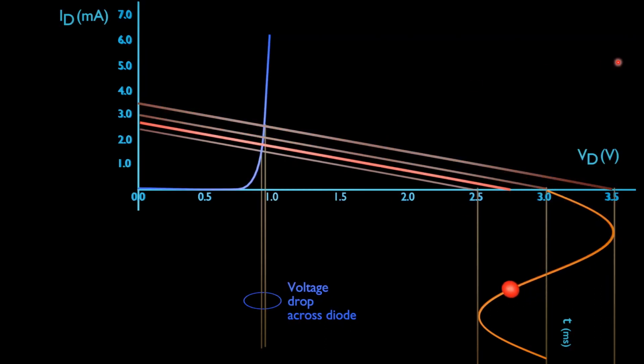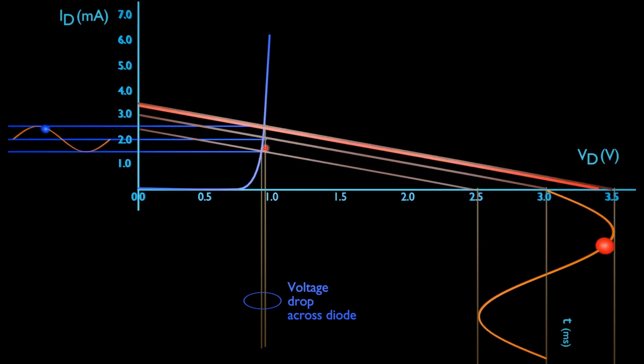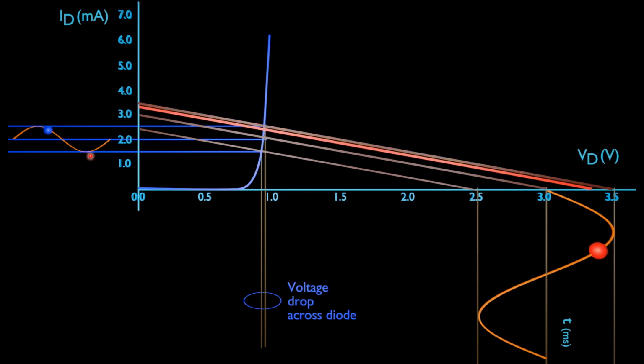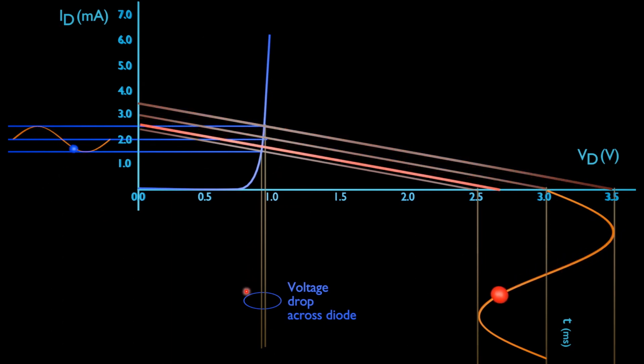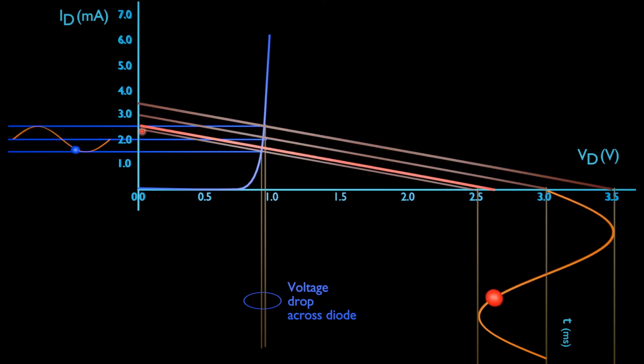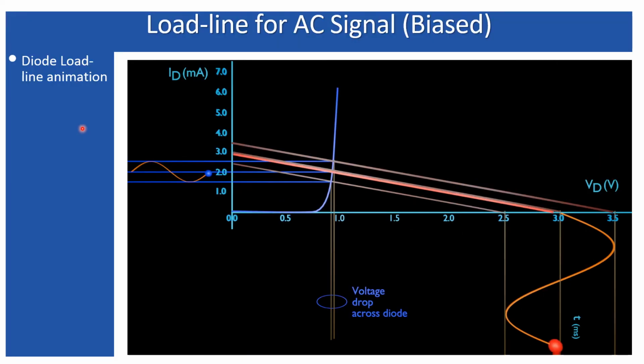It is varying, the corresponding load line is varying, and the corresponding current also will vary according to that. This is the variation of the current, the circuit current. And this is the voltage drop across the diode. It's because the circuit current is taking the references from these values, because this is the intersection of the Q points which are varying around this. So the current is also varying around this.